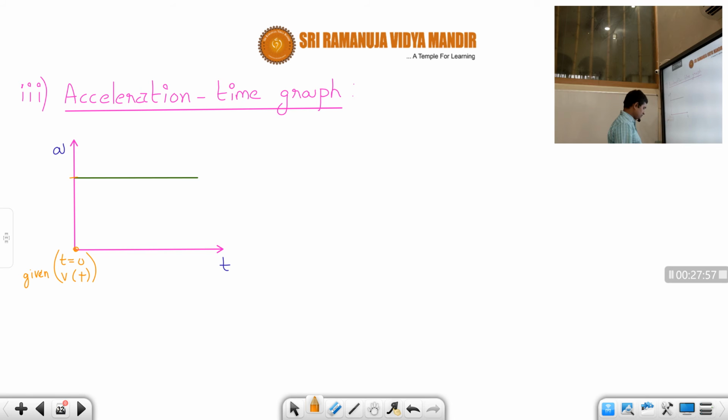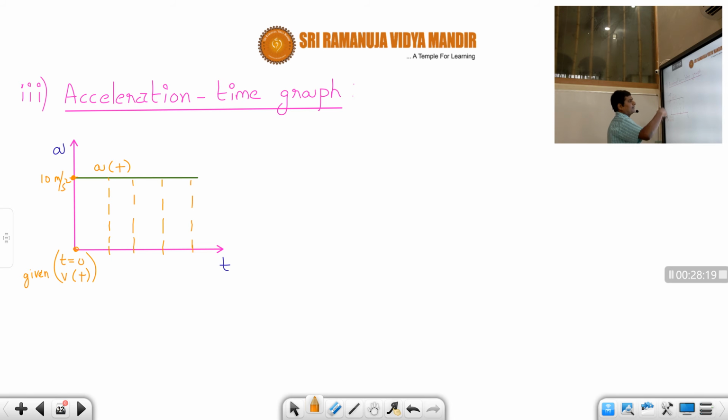Okay, that means it is going towards the right side. Now here, acceleration, suppose let's say this is 10 meter per second square. At any point of time, acceleration is 10 meter per second square only. That means acceleration is constant, uniform motion, correct or not, students? Since velocity is positive and acceleration is also positive only, no, students.